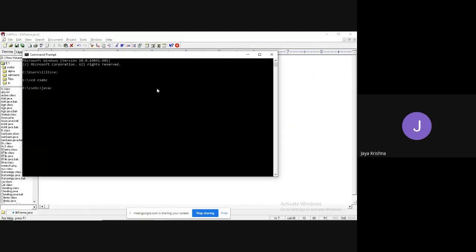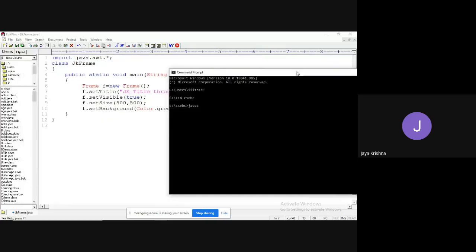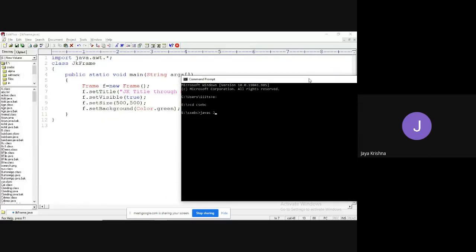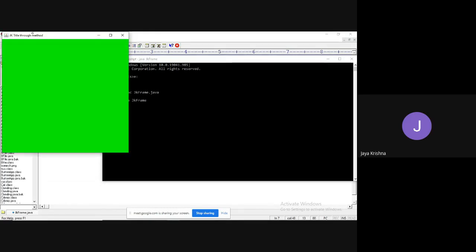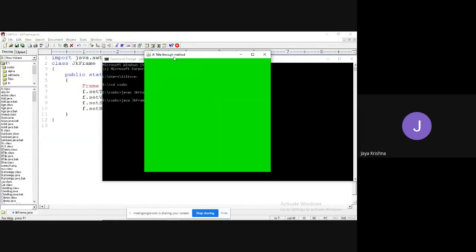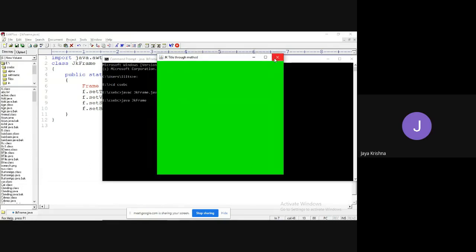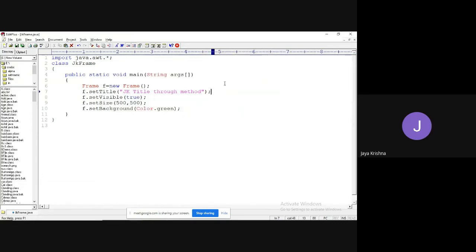Javac JKFrame.java. Java JKTitleThroughMethod. Did I get it? Yes. So this is one way to create a frame.